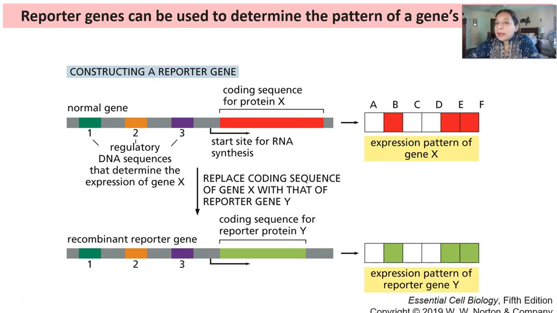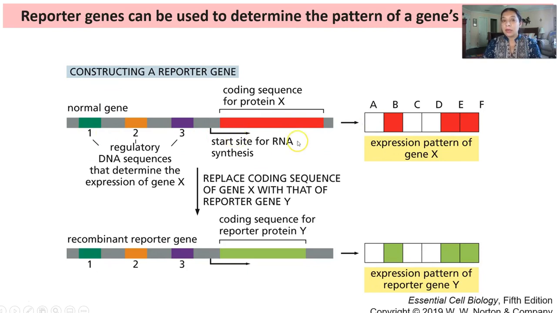So another way that we can look at some of these gene expression to determine where and when this might be expressing is by using a reporter gene construct. In this case, you are going to have your normal gene sequence. Again, there is going to be a little bit of genetic engineering involved here to create a reporter gene construct. So you have your sequence here, you have your normal genes right here, and then